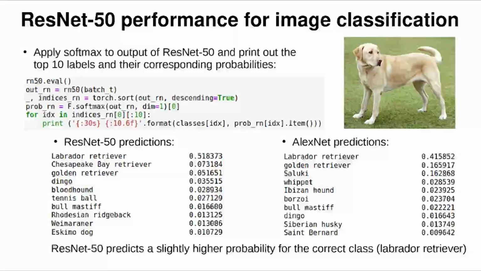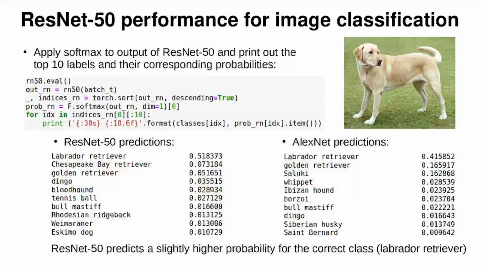In fact, ResNet 50 is more certain about it than AlexNet. It returns a probability of about 51.8% for this class versus about 41.6% returned by AlexNet. Just like for AlexNet, almost all other labels in the top 10 are dog breeds, albeit not always the same ones that AlexNet predicts. The one class label that is slightly unexpected is tennis ball, that appears with a probability of about 2.7%,